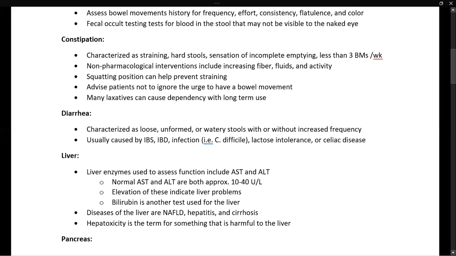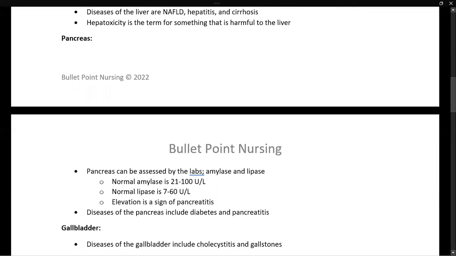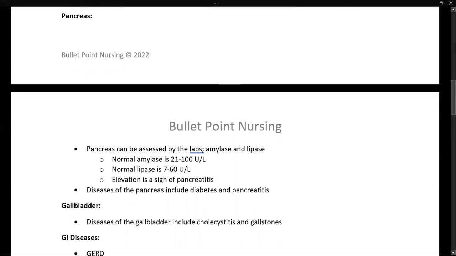Bilirubin is another test that is used to assess for the liver. Diseases of the liver are NAFLD, which is non-alcoholic fatty liver disease, hepatitis, and cirrhosis. Hepatotoxicity is the term that is used for something that is harmful to the liver, and you will often see this in pharmacology. Moving on to the pancreas, we have 2 labs that we use to assess the pancreas, and